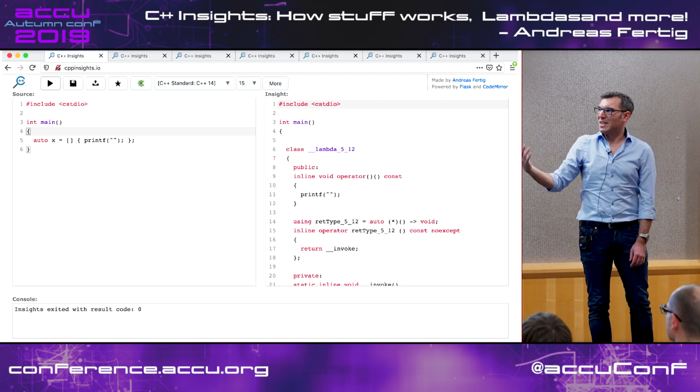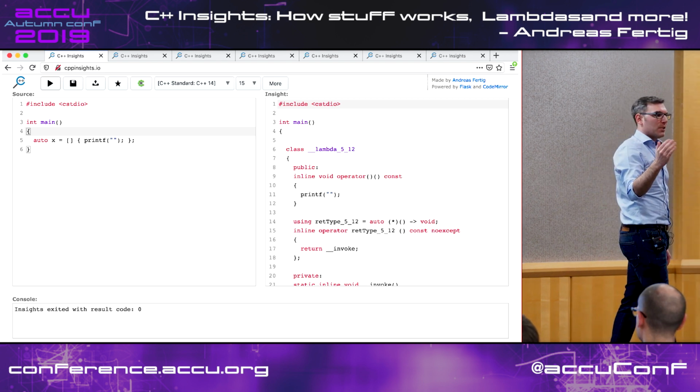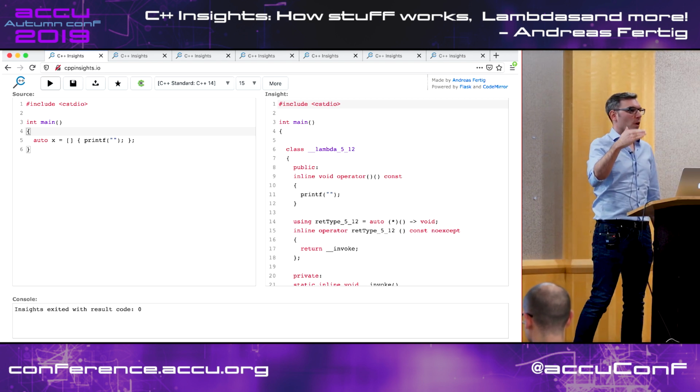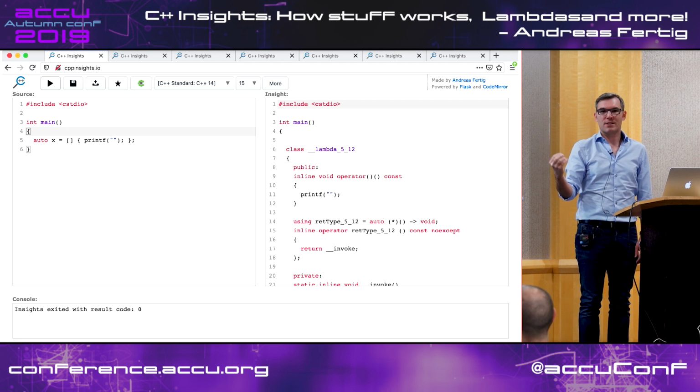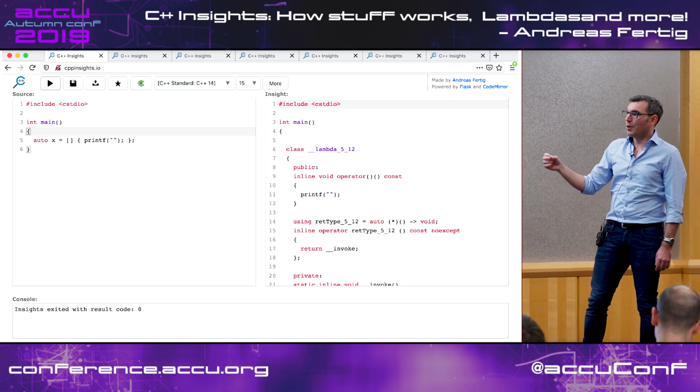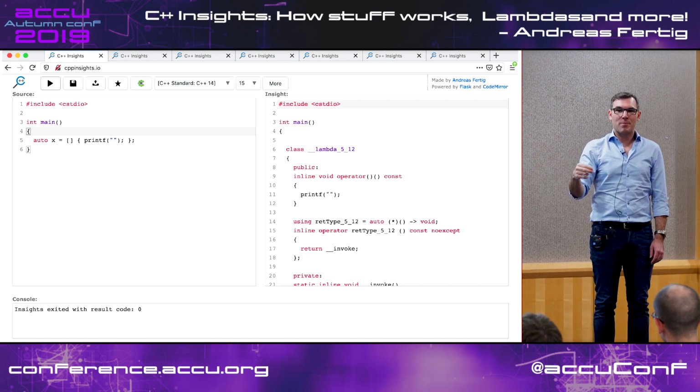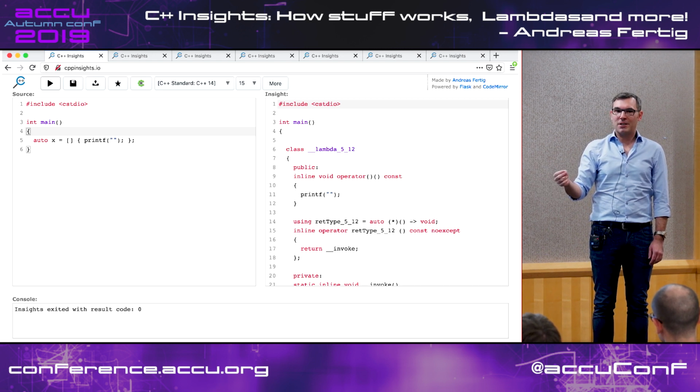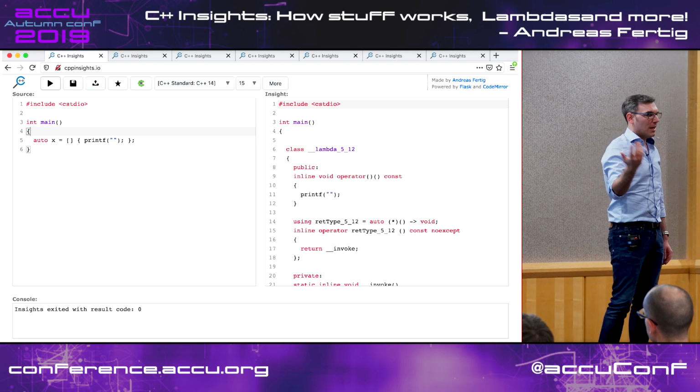So C++ Insights in some cases also helps you to see what changed between the standards, and sometimes it may help you to catch a bug, because you did something like that switch from C++11 to 14, when constexpr members were no longer implicitly const, things like that. So it can help there.